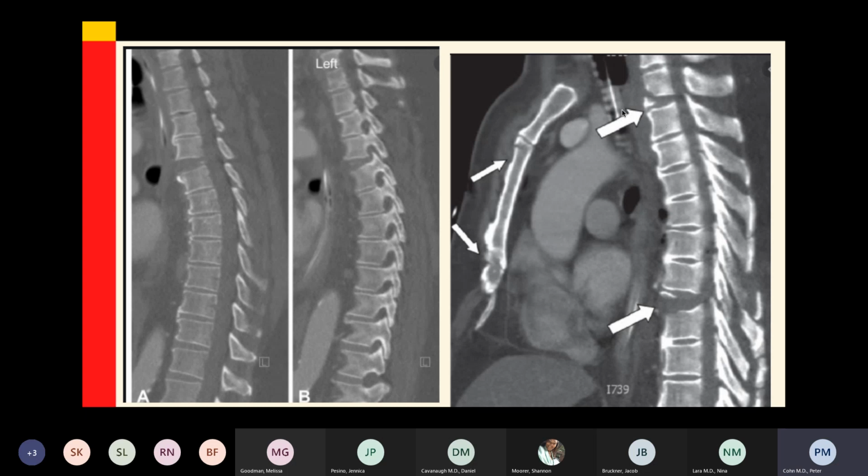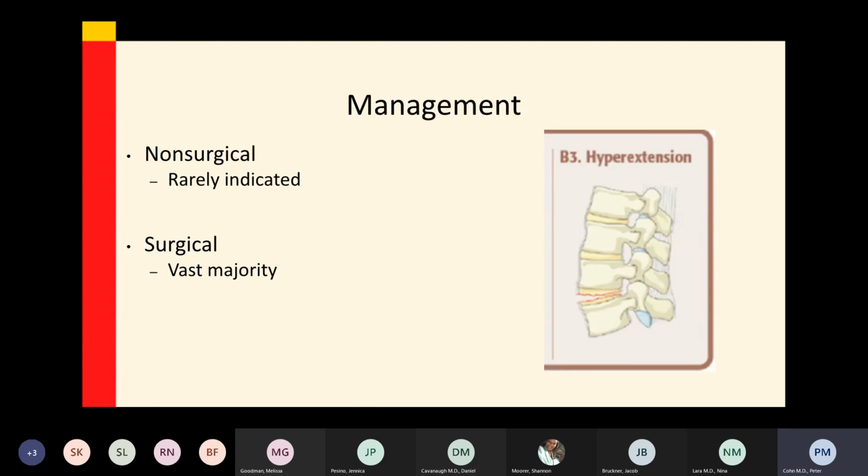This is just another more severe hyperextension injury. There's actually two hyperextension injuries. And this also illustrates this theory that the sternum is also part of your support of your spine. And when you have severe extension injuries, you can also have fracturing of your sternum as well. And this may give you another layer of the severity of the injury. So again, these hyperextension injuries are almost always considered unstable, and almost all of them undergo surgical fixation, generally a posterior fixation with screws and